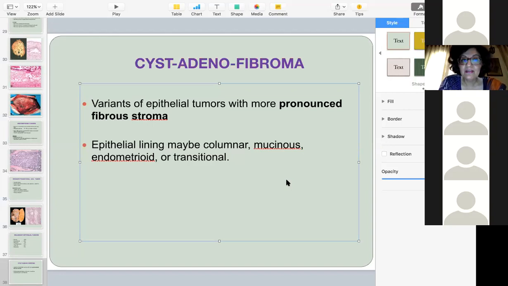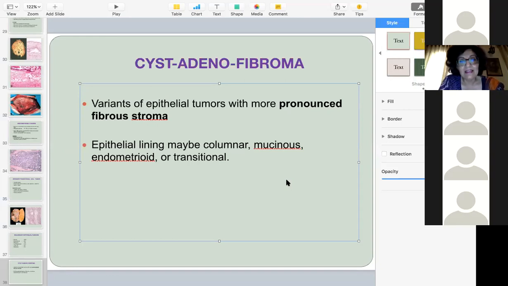Most of these surface epithelial tumors are cystic. That is why it is important to understand the non-neoplastic cysts as well, because the lesions in the ovary are mostly cystic, either neoplastic or non-neoplastic. So the non-neoplastic cysts will be follicular cyst and corpus luteal cyst, and another cyst which I did not mention, that is endometriotic cyst. Okay, so they can also present with a big cyst, which is just an endometriotic cyst and not a tumor.